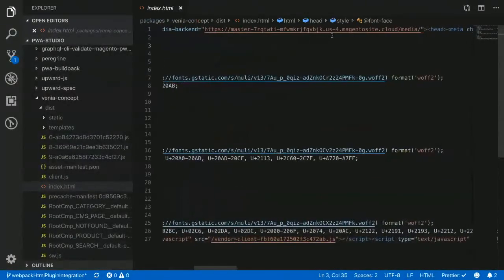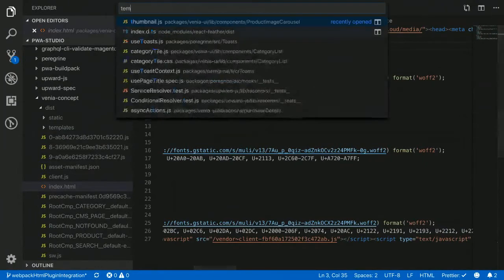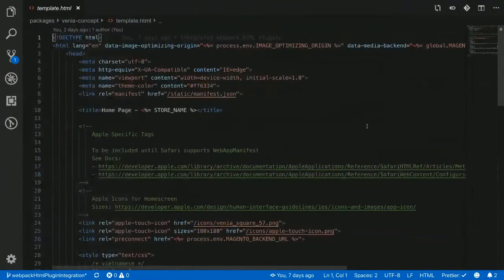Is there a need for a server? Could you deploy this into an AWS bucket and serve static files? Yeah, potentially. That falls under the category of potential deployment optimizations. The philosophy of our PWA is that all that stuff should be opaque to the implementer of the front end.